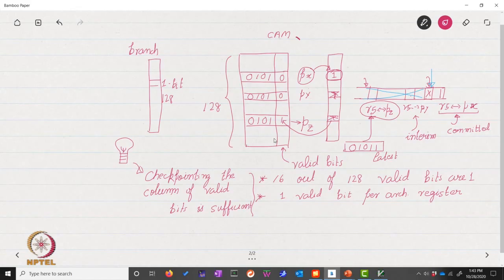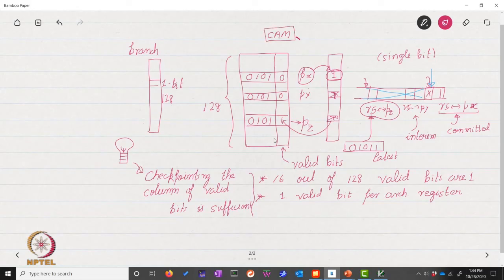So this basically tells us that the process of checkpoint creation is much faster, because in this case we are dealing with single bits instead of larger 7-bit quantities. So dealing with them is much faster, right? But of course the CAM itself is slower than a basic SRAM.